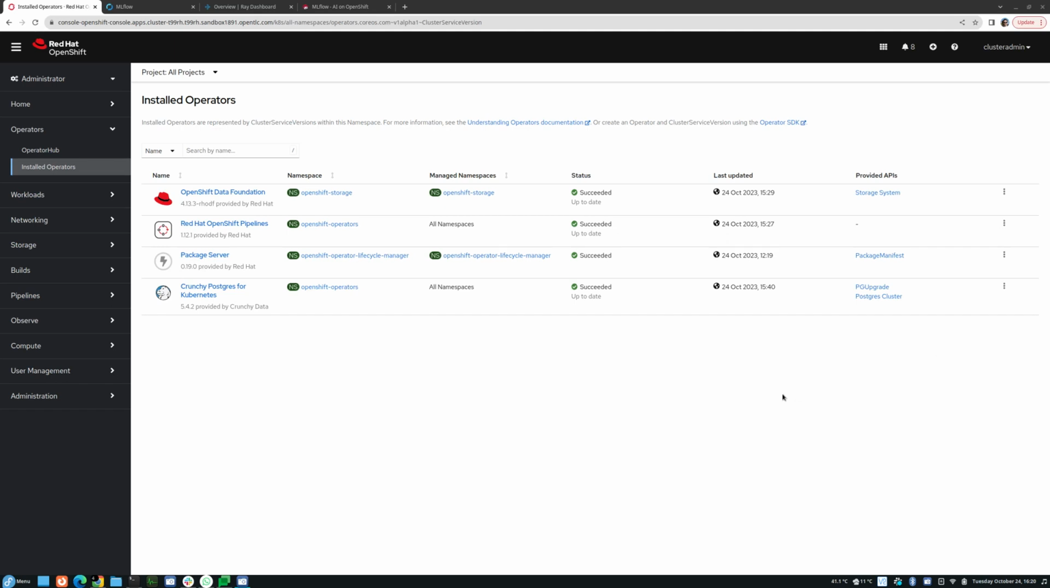To get started with Red Hat OpenShift Data Science, you need to install the operator available in the operator hub. However, before you do that, it is recommended that you have some other operators pre-installed, since they are used by the Red Hat OpenShift Data Science functions, such as Pipelines for Kubeflow pipelines and OpenShift Data Foundation for block storage, for